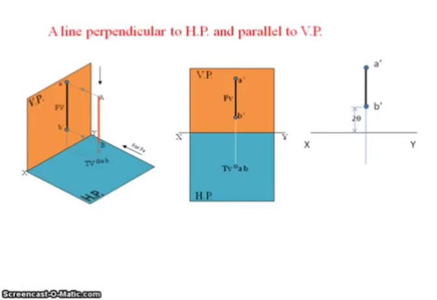So that means in a top view we can see the dot at a distance of 20 or 30 mm from the XY reference line. So for that we have to draw the first projection line at a distance as per the given conditions. Here I am taking 30 mm. That means the line is at a distance of 30 mm from the vertical plane. So at that distance we can see the dot, that is the top view of the required straight line.